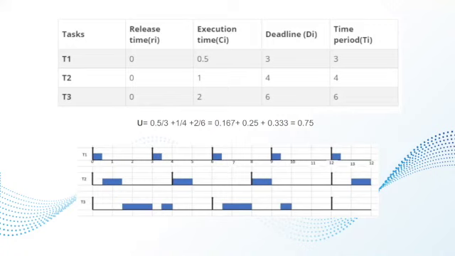First step is that the task with the shorter period has priority, so T1 has higher priority, T2 has intermediate priority, and T3 respectively has the lowest priority. At time 0, all tasks are released. Now T1 has the highest priority, so it executes first until time is equal to 0.5. At time equal to 0.5, task T2 has higher priority than T3, so it executes first for one time unit until time is equal to 1.5.